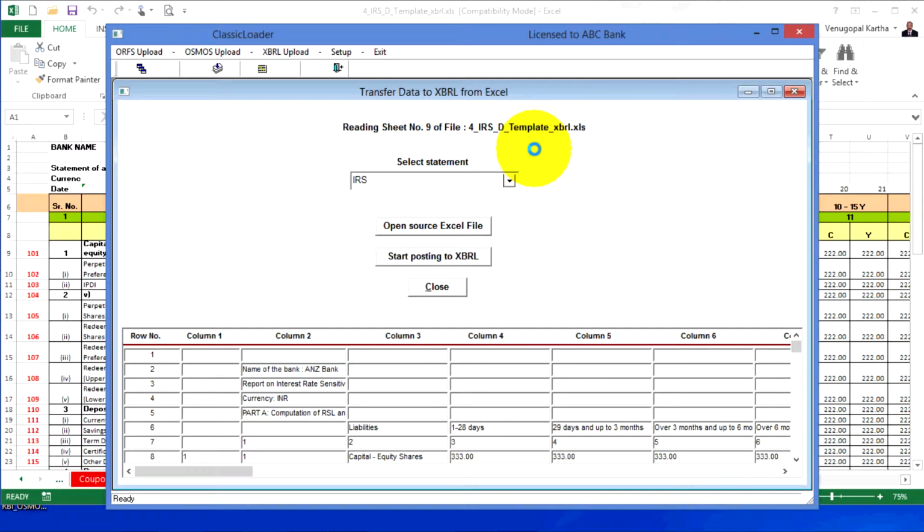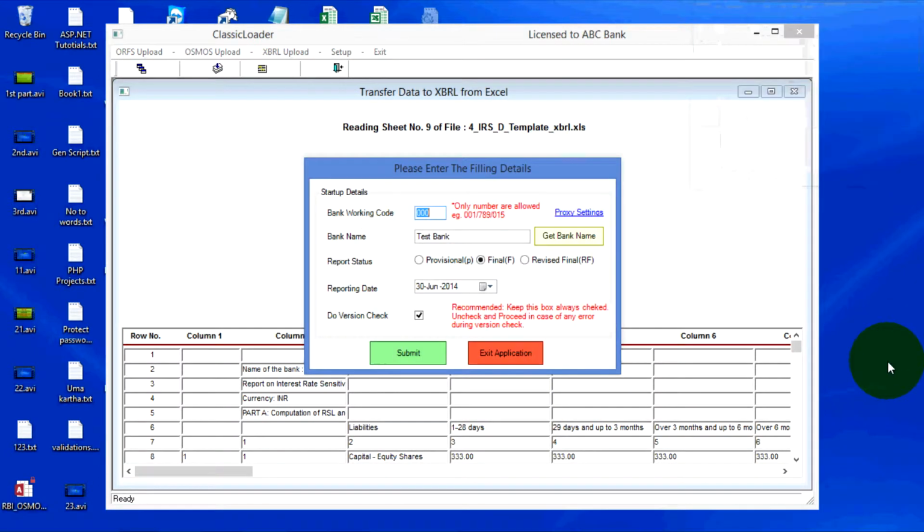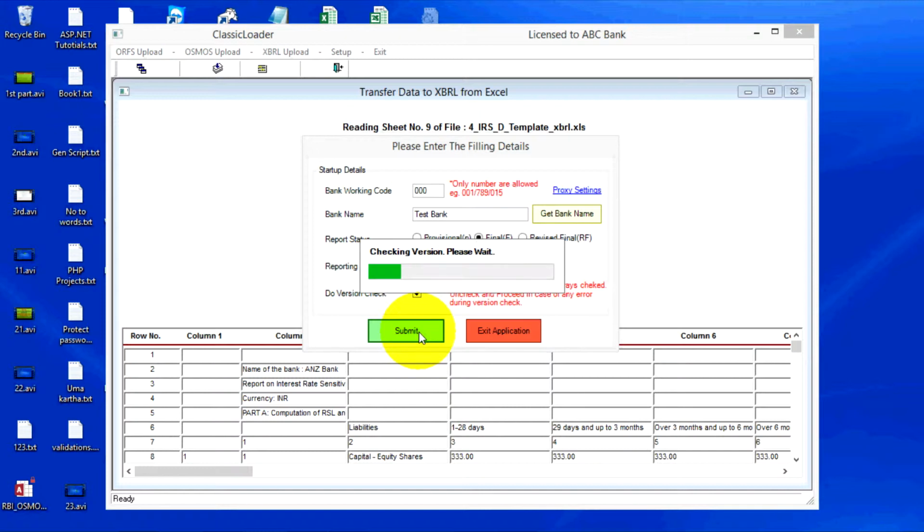Reading the sheet number 9. Once it is completed, this file will get closed automatically. It's closed. You can see the RBI XBRL template which is defined in the setup has been opening.